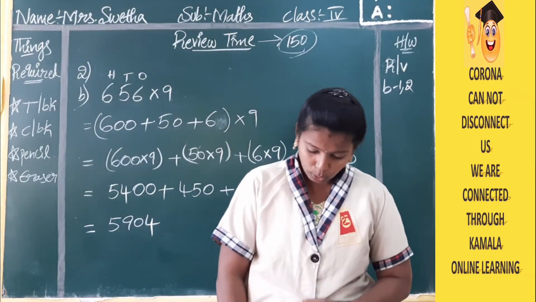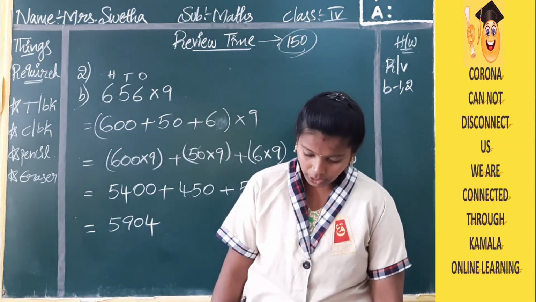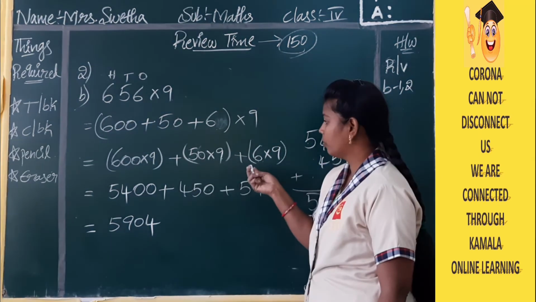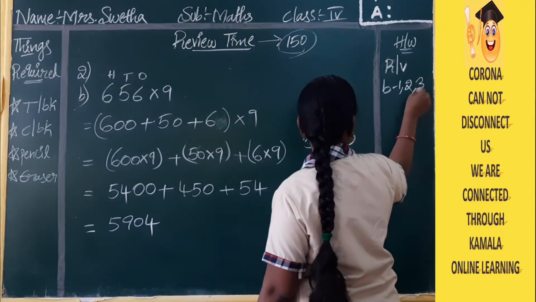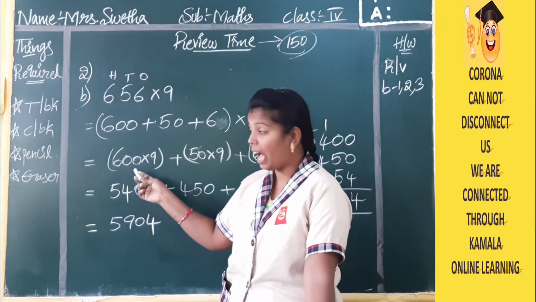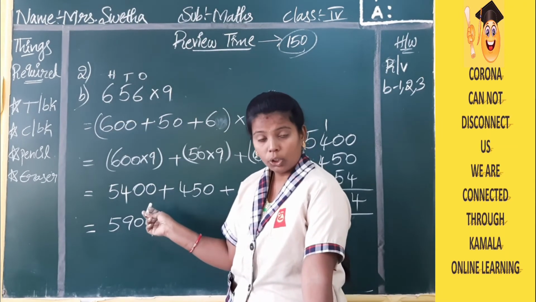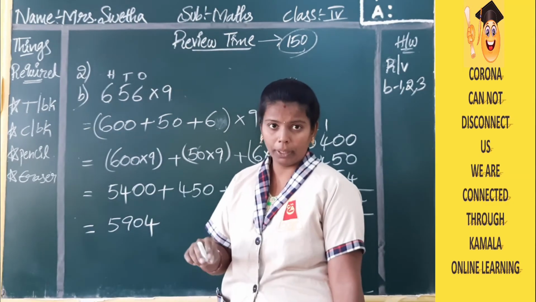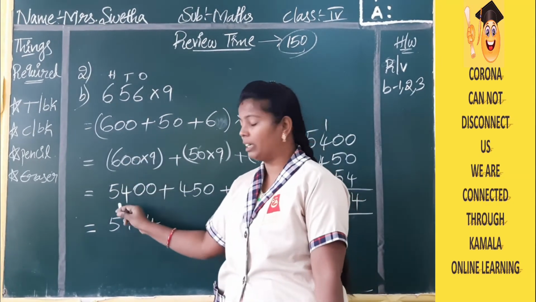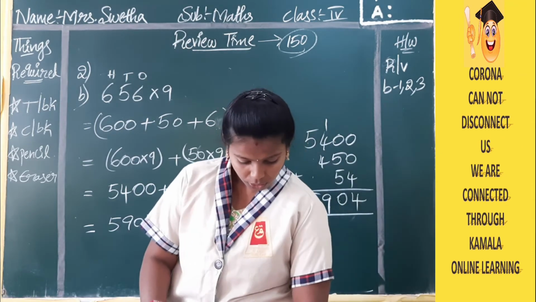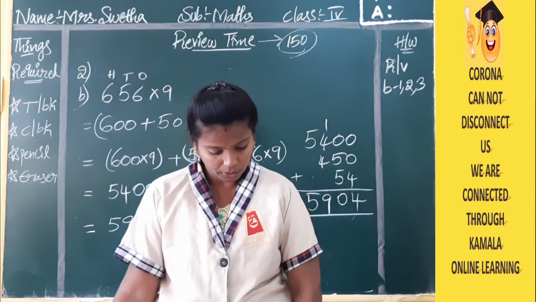Now see the third bit. The third bit is very easy, same as this only. Third bit also you do as homework. Where you have zeros in your question, you write that many zeros and then multiply with the number. Only with the number you have to multiply and write. Very easy problems. You check and write carefully.